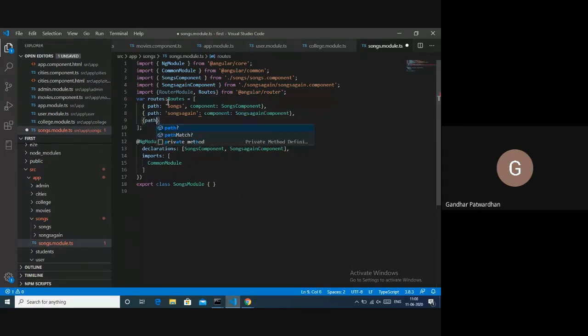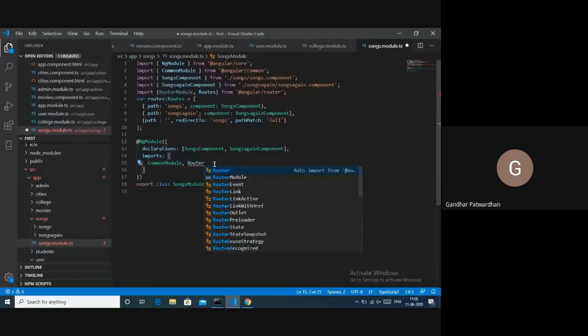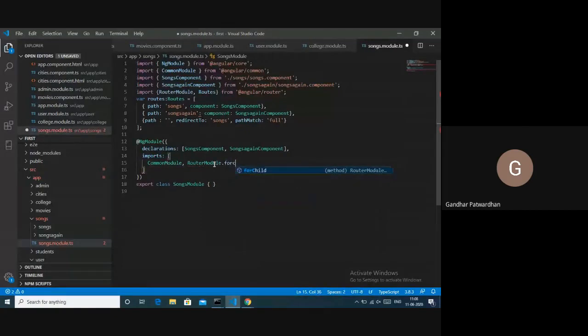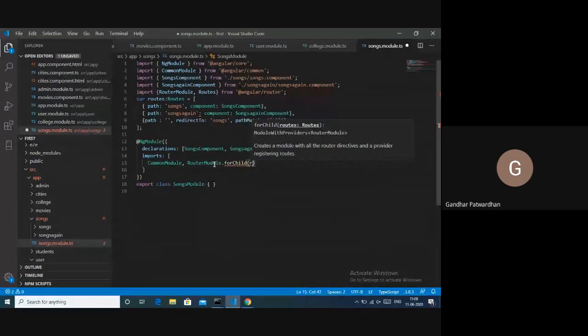Then I'll say path default, redirectTo songs, and pathMatch I will give full. Then what will I do? I will say RouterModule.forChild, and I'll pass routes.